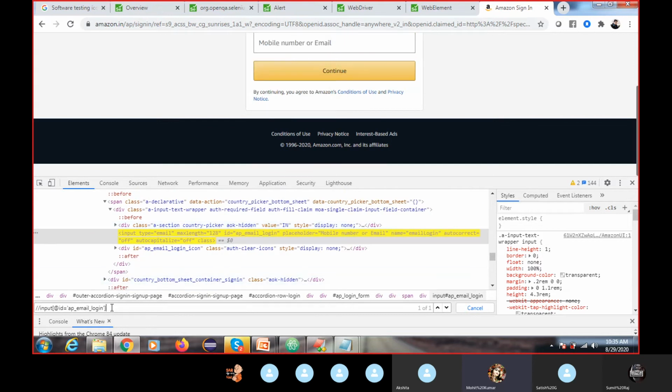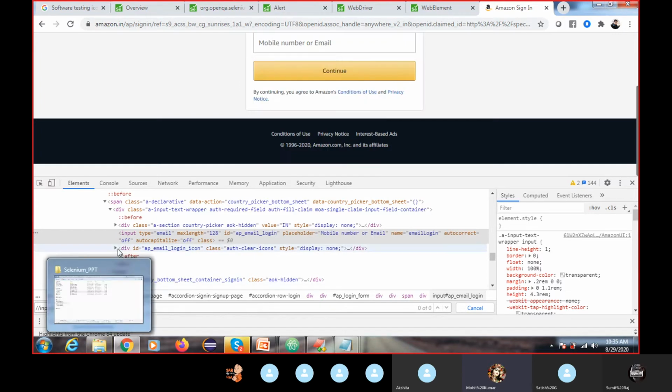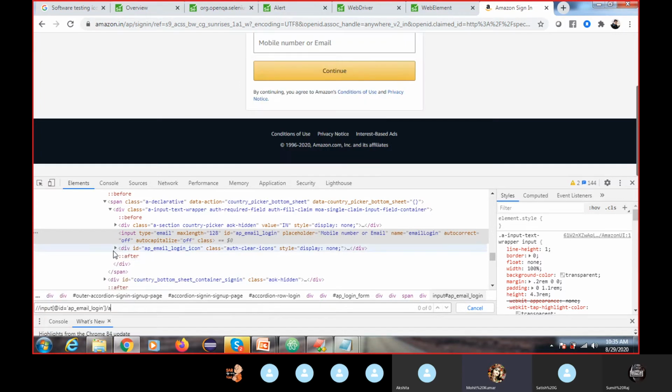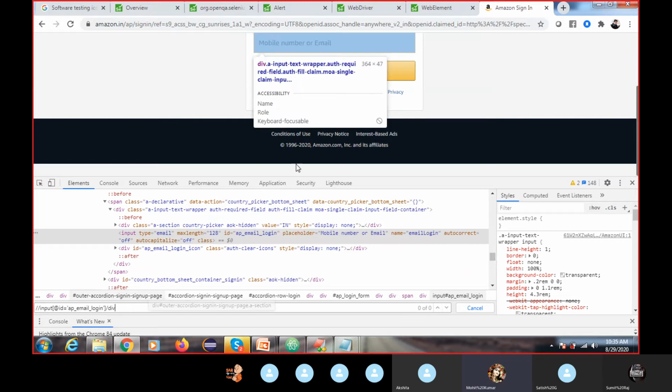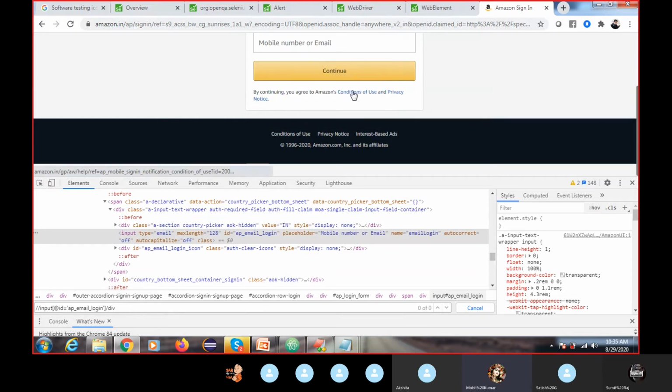When we write a node, it will go to the child node. You can see we don't have a child node here, but I want to reach this div tag, right? If I write div, you can see it is not validating here. With div, div, we are getting duplicate nodes. How do we make that node unique while writing the XPath?